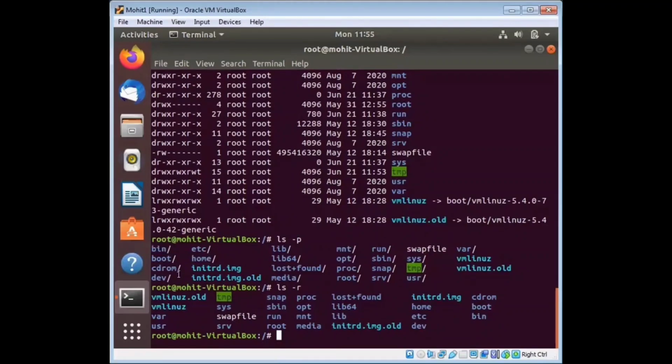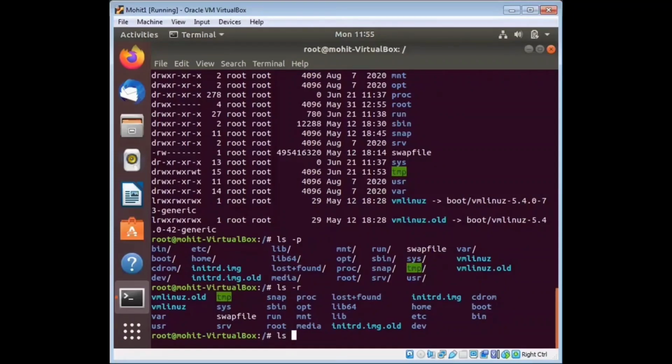But when you type ls minus r, where is bin? Now bin is last. So it reverses the order of how the files are displayed.